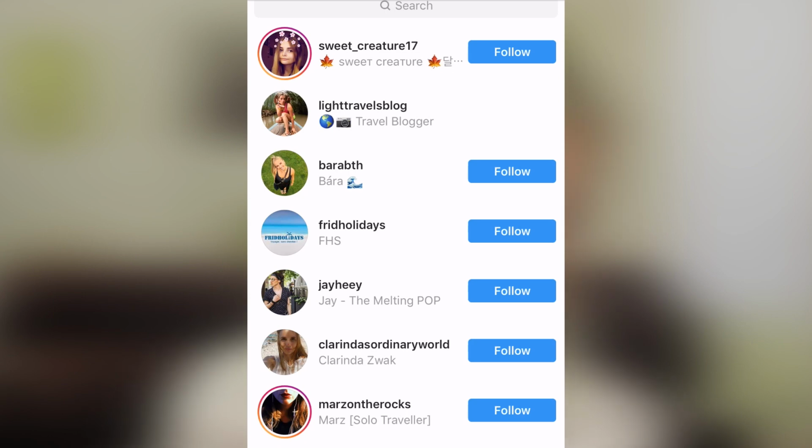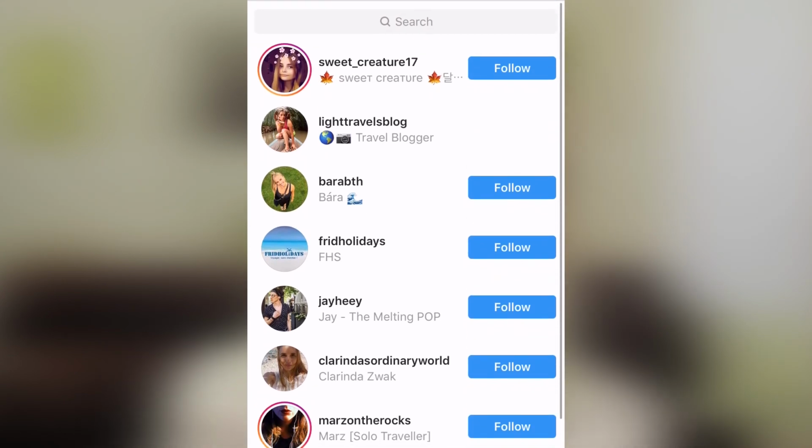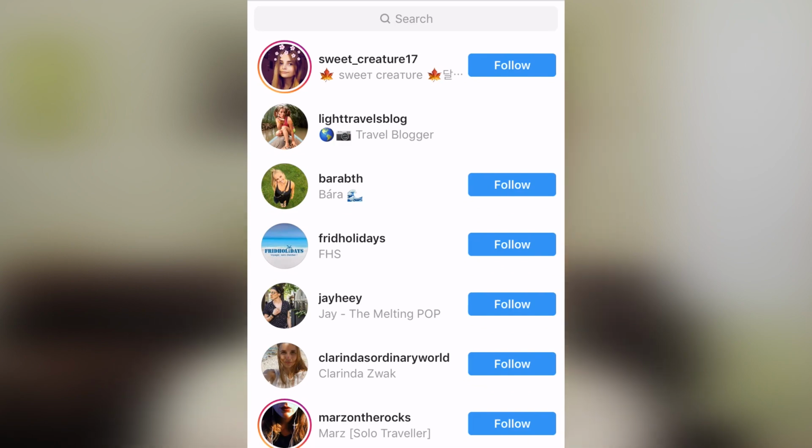First of all, they probably won't have a story. Second of all, they won't have very many posts at all. And if they're a bot, they'll have like 14,000 followers on 7 posts. That may be a real person, but chances are it's an Instagram bot. So again, I'm looking for people that have real things going on here. The story circles around their icons tell me that they're an active user.